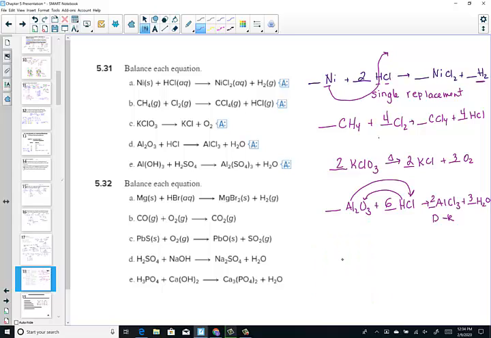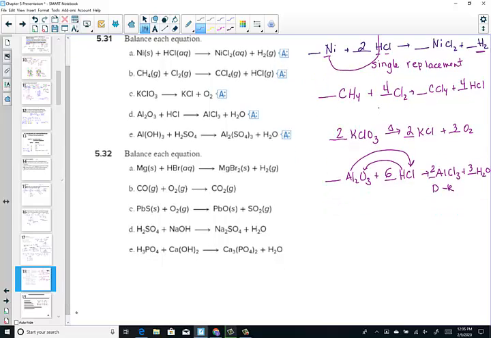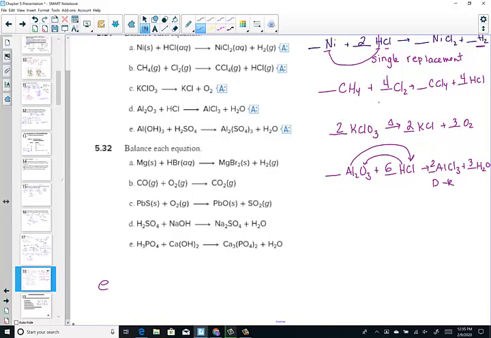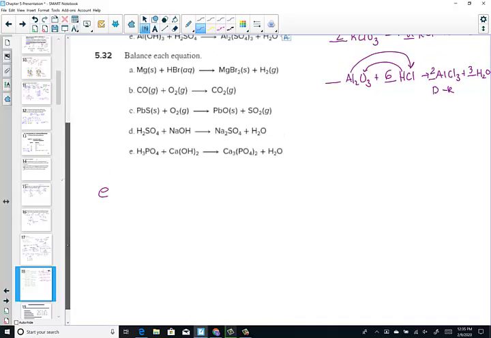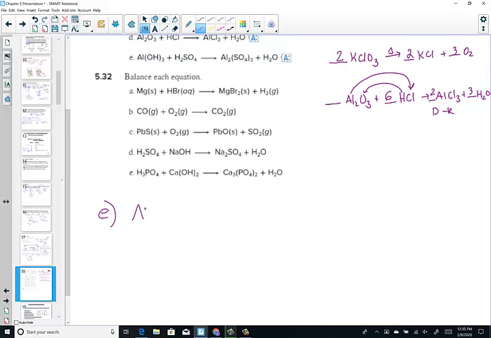Letter E, aluminum hydroxide plus sulfuric acid. Hydrogen sulfate is sulfuric acid, forms aluminum sulfate and water. You know what? I'm going to give myself a little more room for this one, and I'm going to show you a trick. I'm going to rewrite letter E down here where I have some space. This is what I want to do. I want to write aluminum hydroxide plus H2SO4